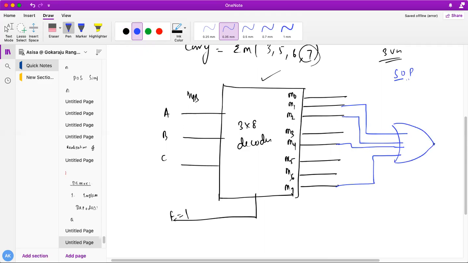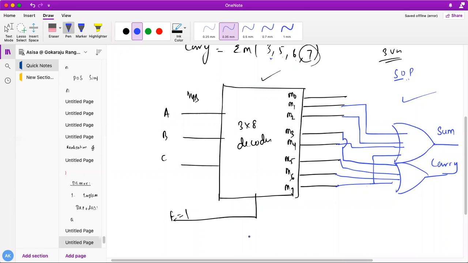That OR operation gives me the sum. Similarly, how do we get carry? Carry means M3, M5, M6, M7. So again I'll do an OR operation, and I'll get the carry. Very simple. By using these min terms, I can design the sum and carry.